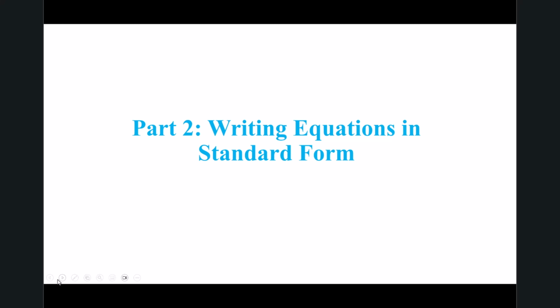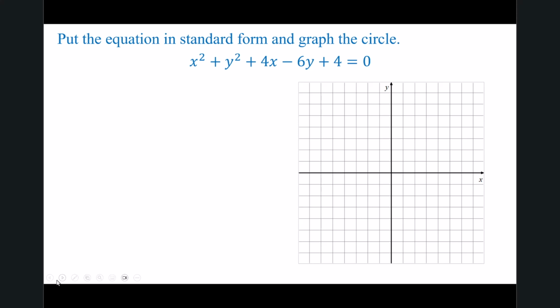Part 2, Writing Equations in Standard Form. Put the equation in standard form and graph the circle. We have x squared plus y squared plus 4x minus 6y plus 4 equals 0. To put this in standard form, which is (x minus h) squared plus (y minus k) squared equals r squared,